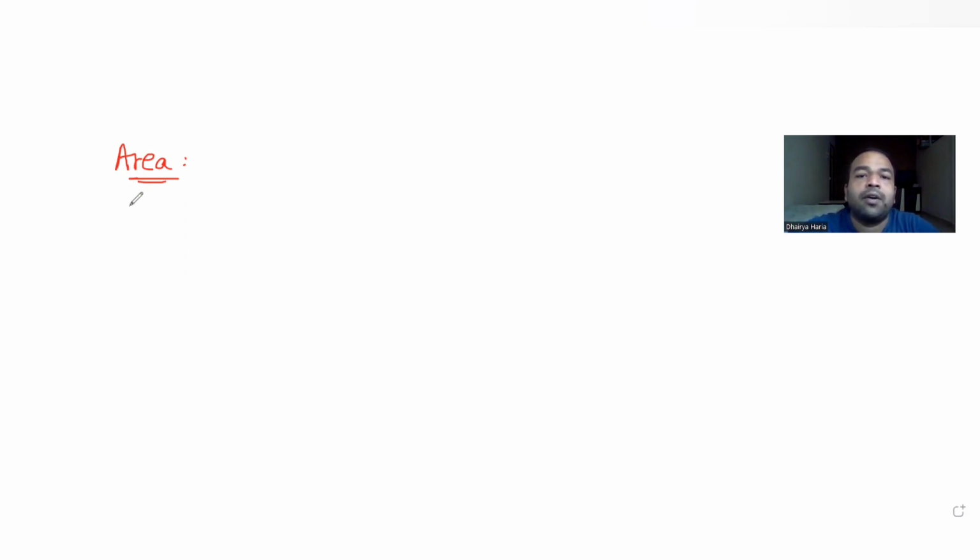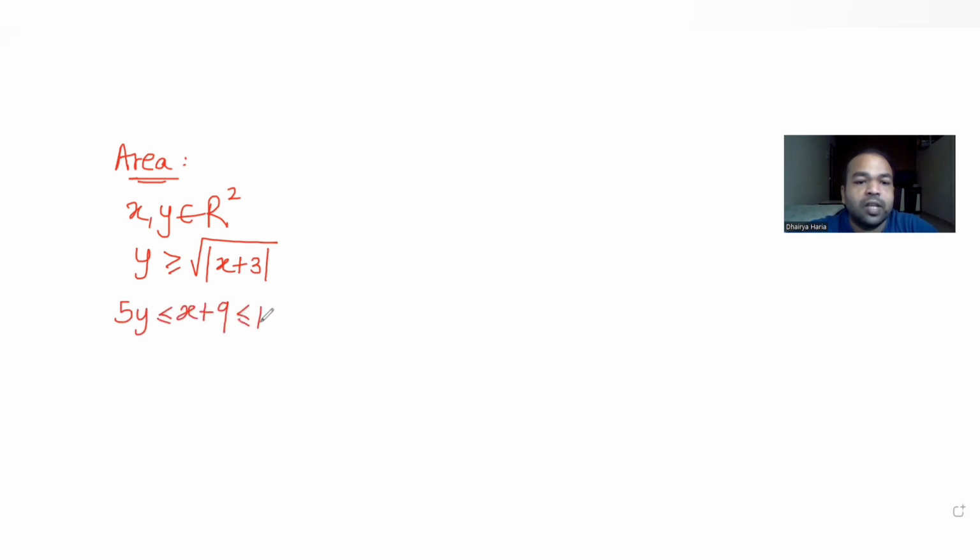that you need to find the area of the region where x and y both belong to real number square, so real into real. Basically it is a two-dimensional space. Further, they have told us that y is greater than or equal to root of mod of x plus 3. So we'll also use the ideas of absolute values here. And the second equation says 5y is less than or equal to x plus 9, which is less than or equal to 3. These are the two equations we have been given, and we need to find the area of the region